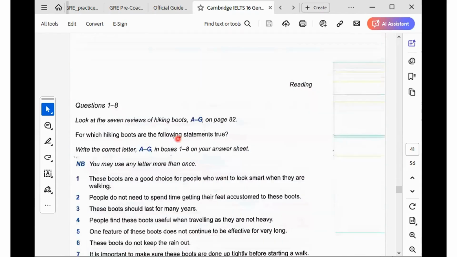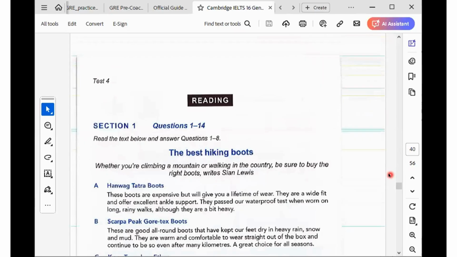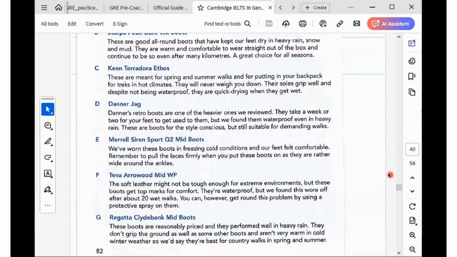So, paragraph E can be matched to statement number 7. Number 7 is going to be what? E. Okay? Number 7 is going to be E. Let me finish up that paragraph E. As they are rather wide around the ankles. Okay, paragraph F now. The soft leather might not be tough enough for extreme environments, but these boots get top